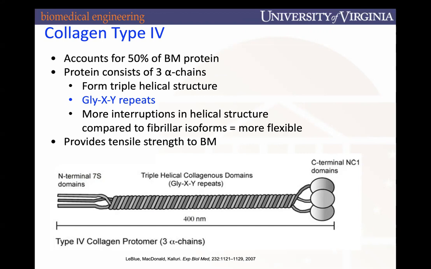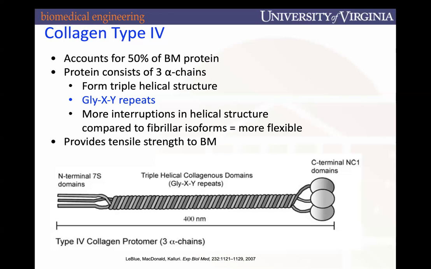But in particular for collagen type 4 that's present in our basement membrane, this is a form of collagen. I think as many as 25 or 30 different types of collagen have been identified so far. But in particular, collagen type 4 is key for the basement membrane and is more flexible, as you can imagine,